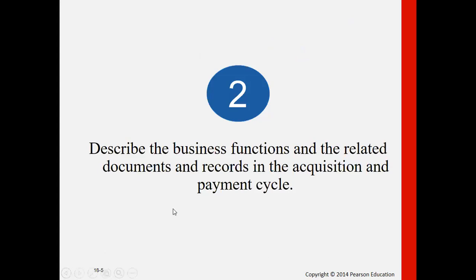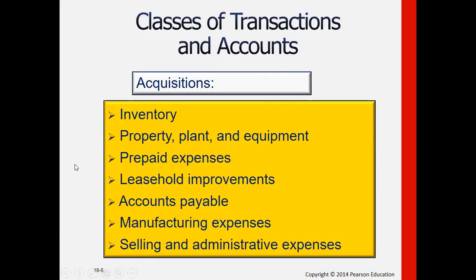Next, for the second objective, describe the business functions and the related documents and records in the acquisition and payment cycle. So let's look into each. We have various acquisitions that we can do: assets, inventory, PPE, leasehold improvements. By the way, when we rent a certain space or building, for example, or house and lot,